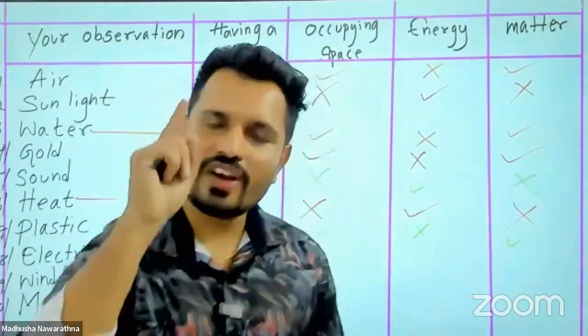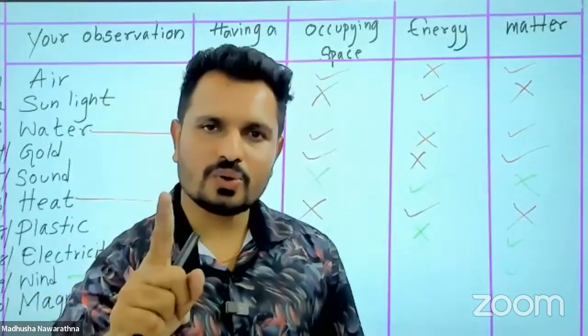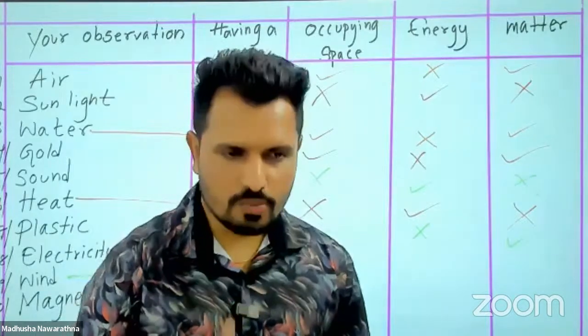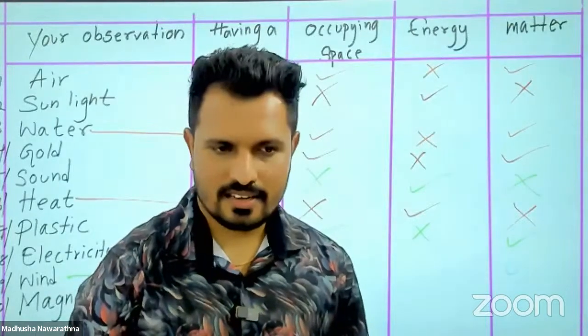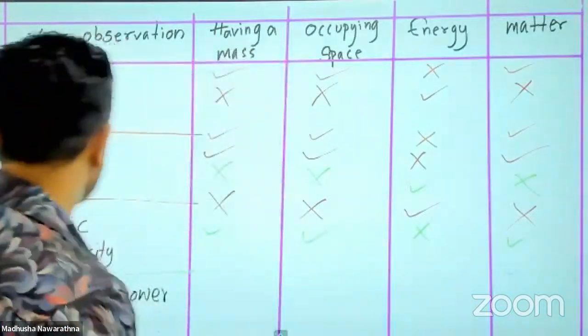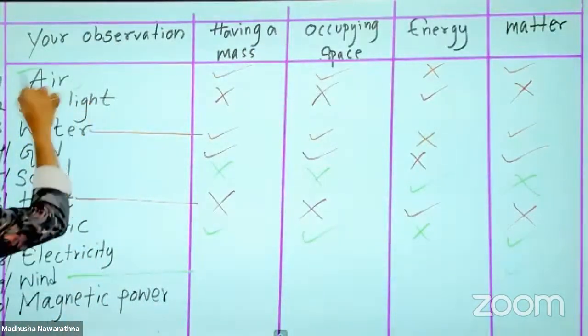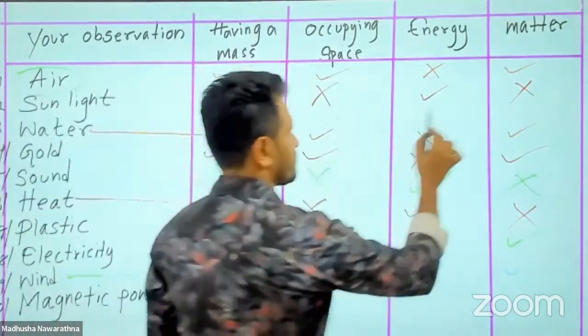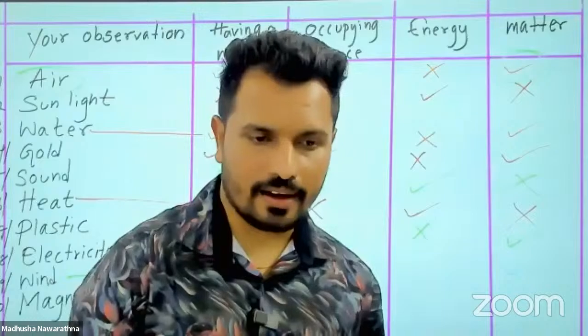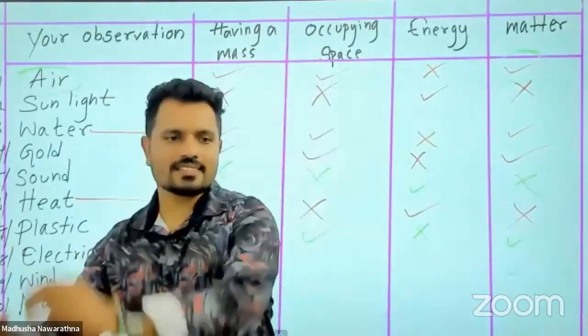Now wind results due to movement of air, due to movement of gaseous particles. So now you guys told that the air is a kind of matter. So once it starts to move,